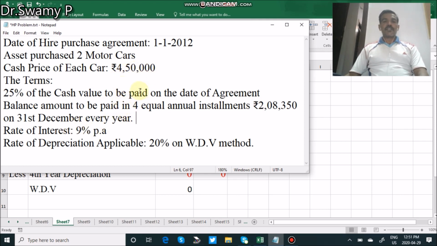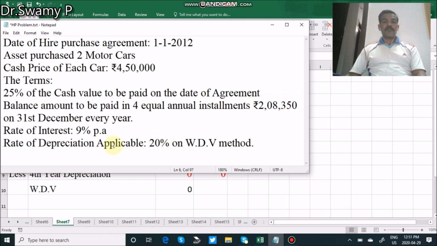After adding the interest to the outstanding cash balance, the first installment has to be deducted, and we get the remaining balance in the first year, second year beginning. That second year beginning amount outstanding is the cash price. That means in each and every installment, cash price is to be calculated on which interest has to be computed. So therefore, in each installment, we don't know what is the cash price, and installment amount of each year is